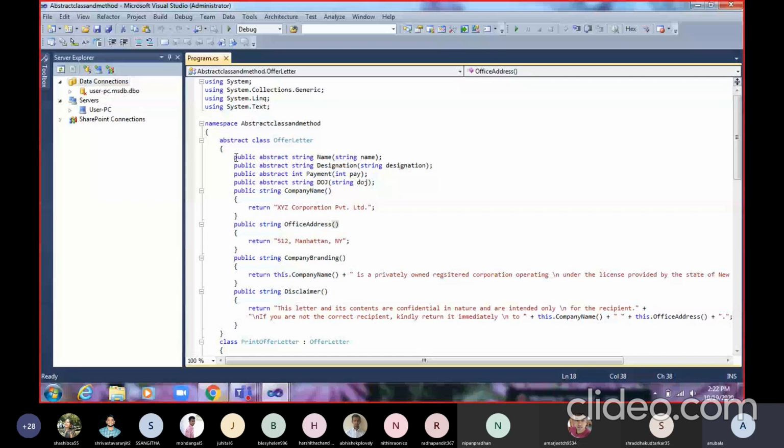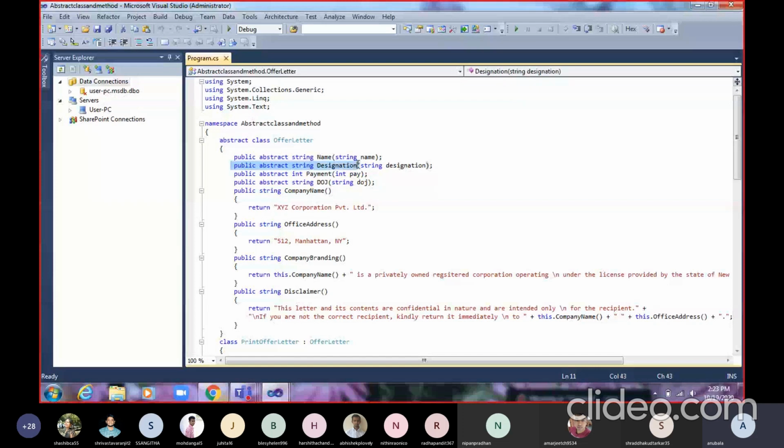The first abstract method is public abstract, return type is string, the name of the method is name, and it will receive one string type variable. The second is abstract, string is the return type, the name of the method is designation, and it will receive a string type variable.